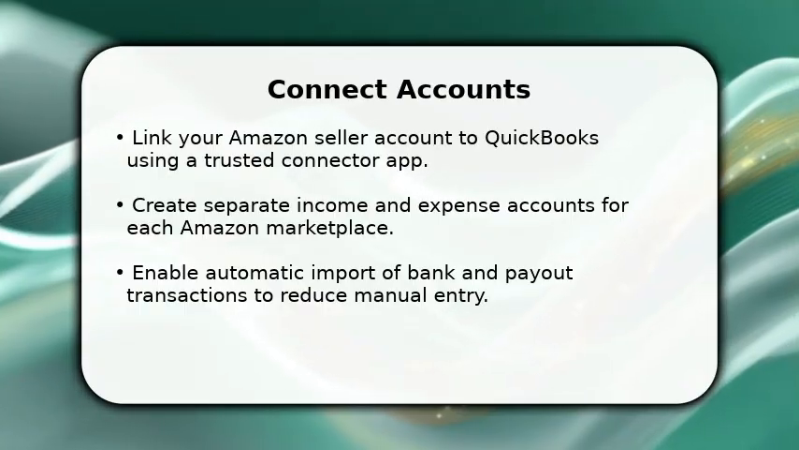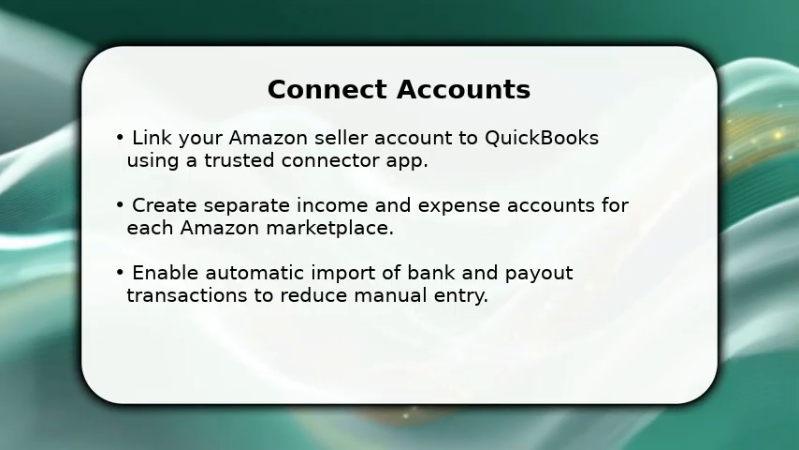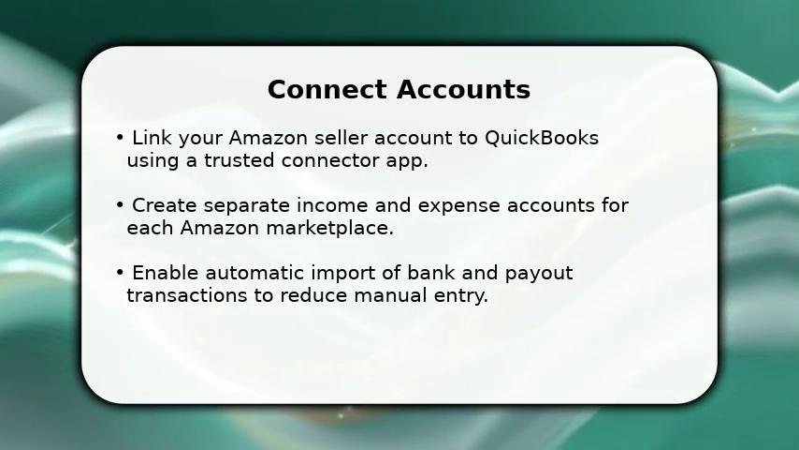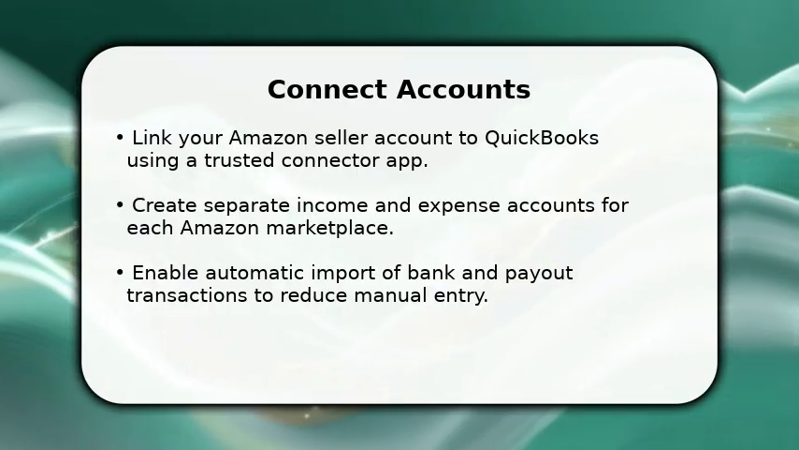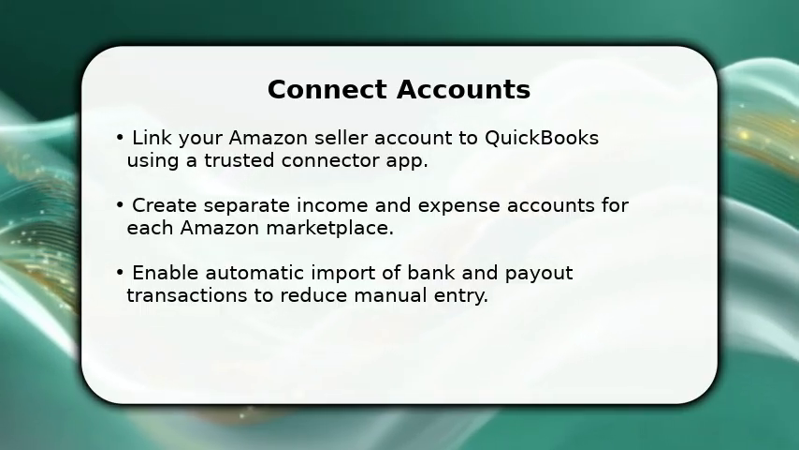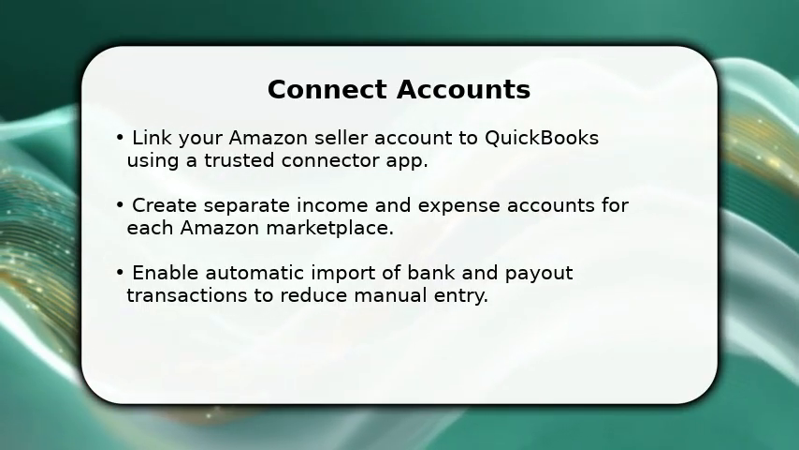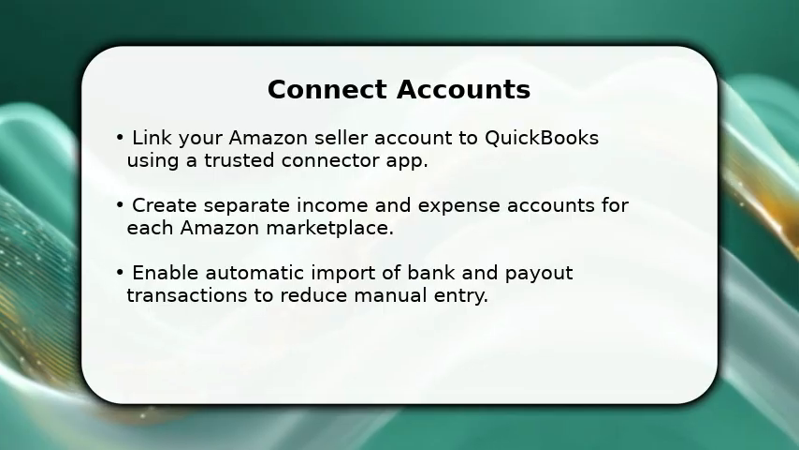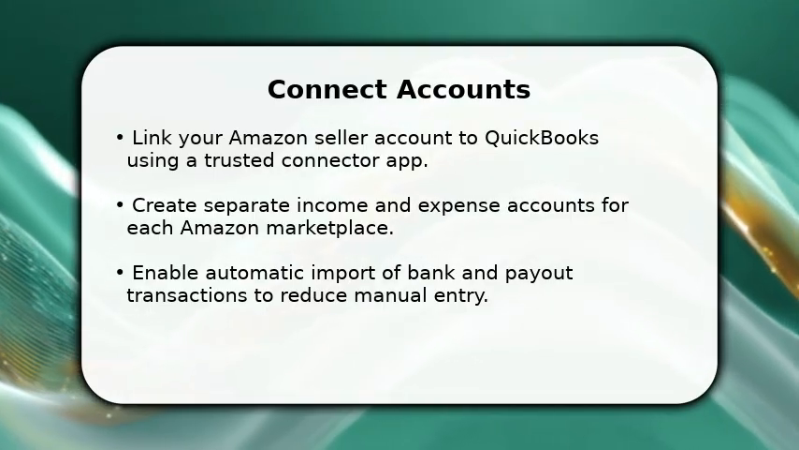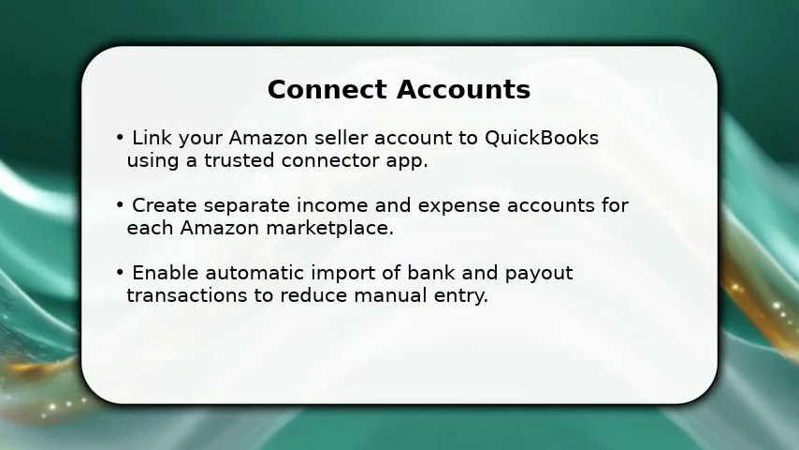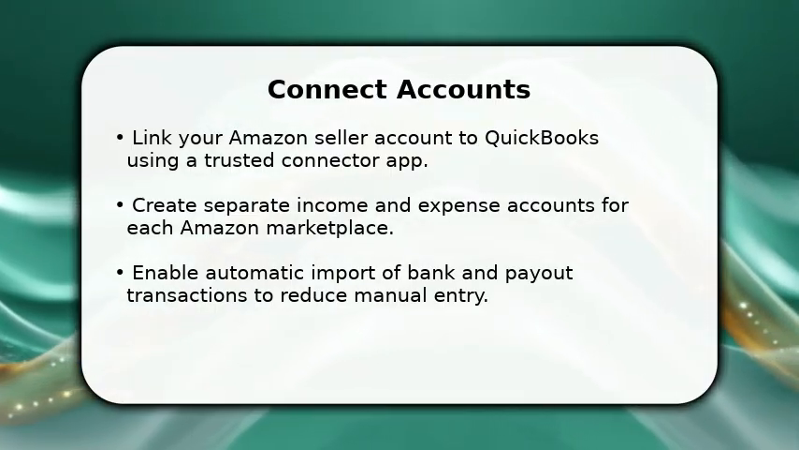In this video, I will explain how to use QuickBooks for Amazon FBA. Start by connecting your Amazon seller account to QuickBooks via a connector app, then map products and fees into dedicated income and expense accounts. Enable automatic import of payouts and bank transactions to keep records current. Reconcile payouts against deposits weekly and categorize advertising, shipping, and storage fees as separate expense types for accurate profit tracking